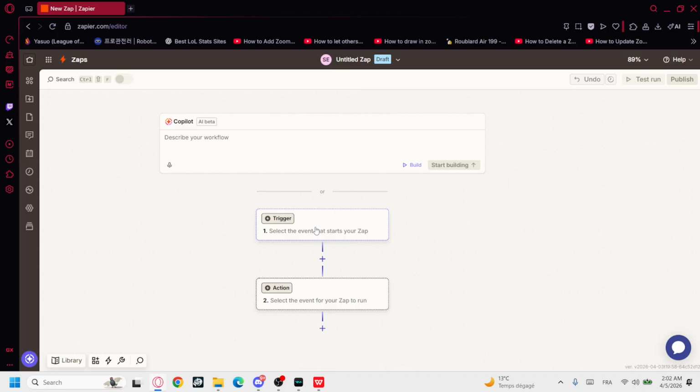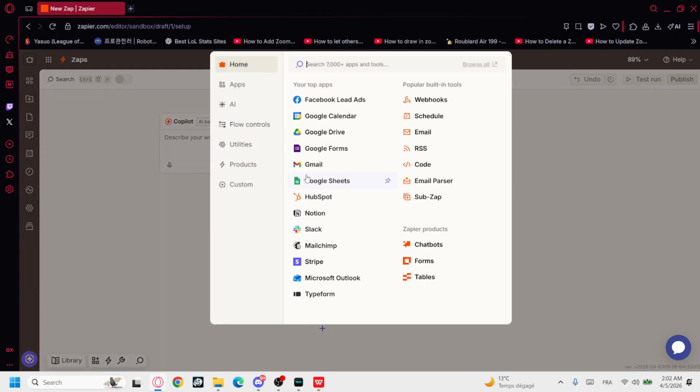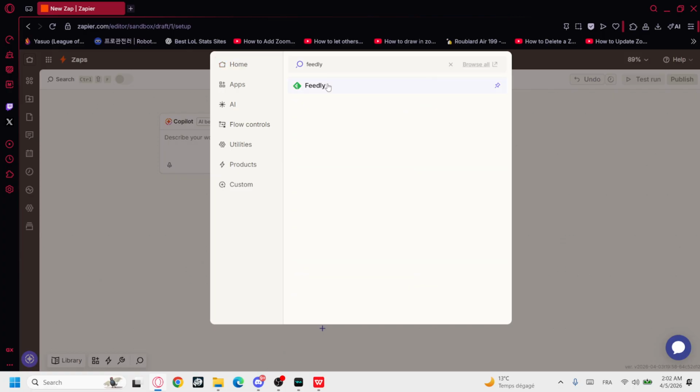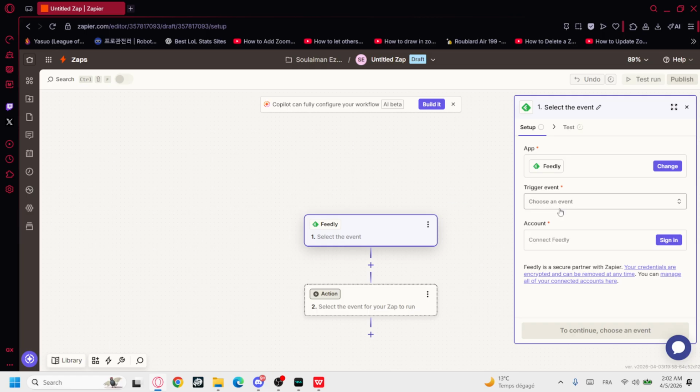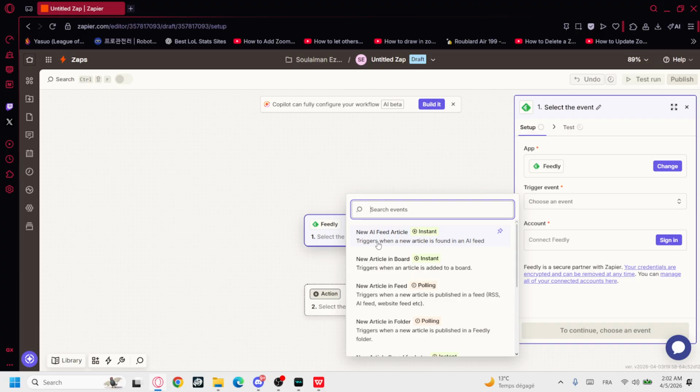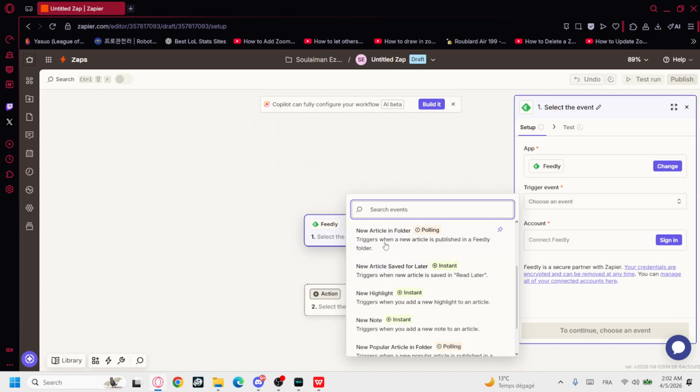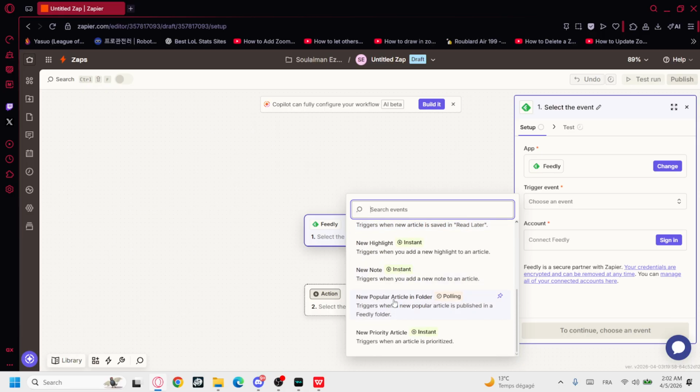important. So Zapier has different Feedly triggers like new article from feed, new article from category, and new article matching AI filter delay. Okay, so now just go to the trigger and type right there Feedly, and then just click on Feedly. Okay, so right here, as I told you, on the trigger event you will find too many options, okay, like new AI feed article, new article in board, new article in feed, a new article in folder, etc. Okay, so you will need to pick the correct one, and if you pick the wrong one, that will